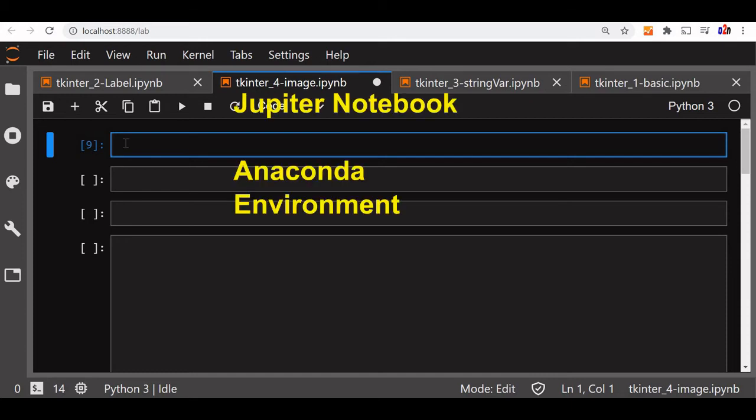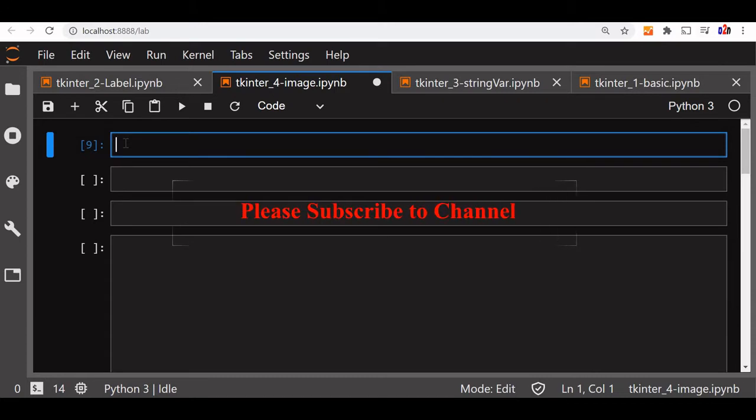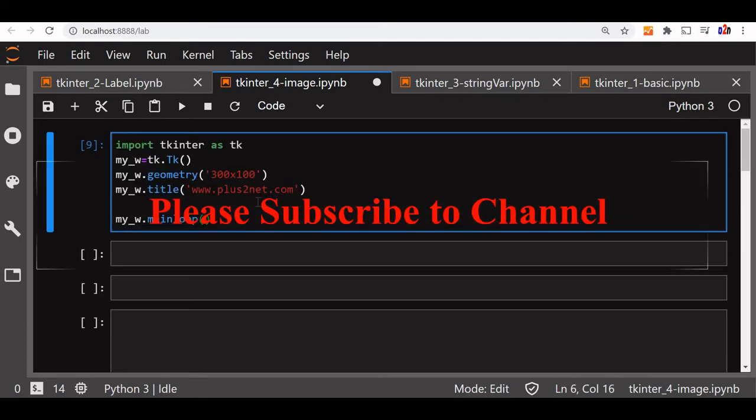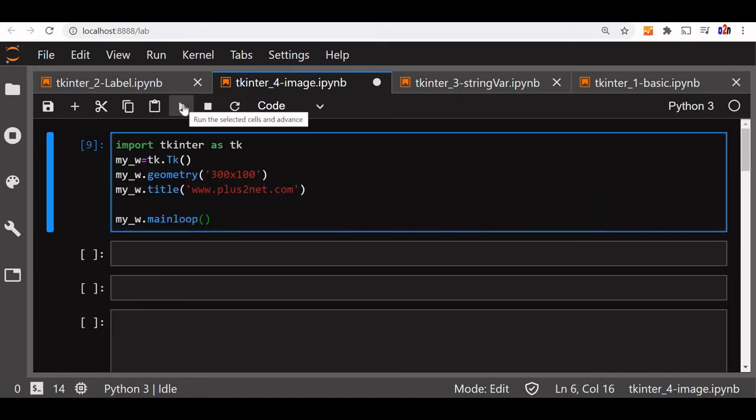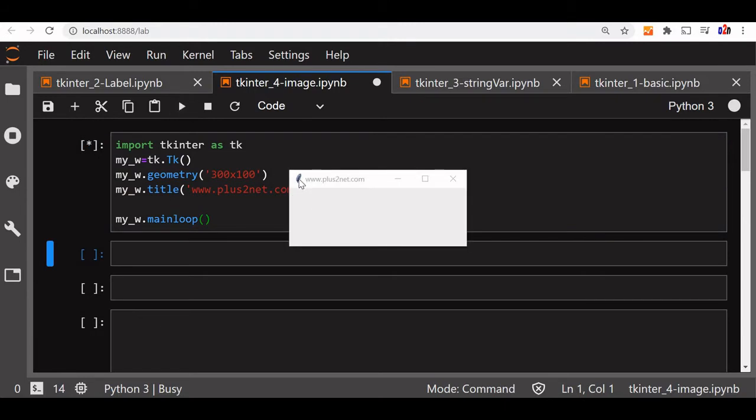Hi friends, we'll learn today how to manage the icons and images on a Tkinter window. Let's start with our simple window code. Yeah, this is the code. We'll run a blank window. Now you can see here there is an icon with a feather. Now this icon we'll try to change it.